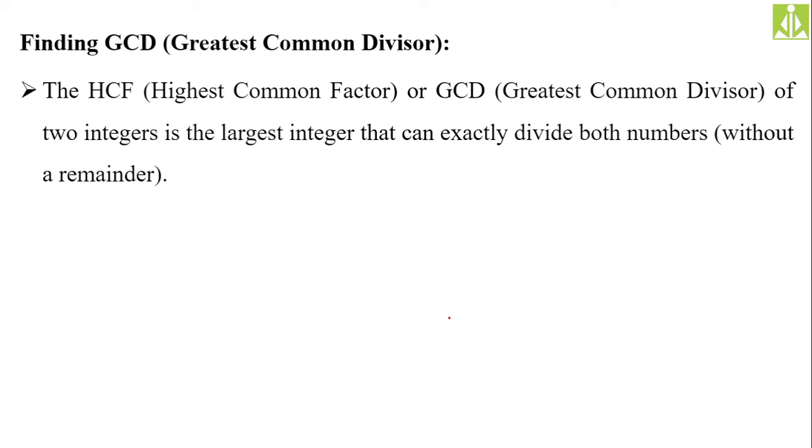I think in mathematics, to find the common factors or the highest common factor, we have done such problems at your elementary level, like 7th class, 8th class. At that time we found the highest common factor of given two numbers. So that, with the help of programming, we do now. The concept is the same, but with the help of coding we try to get the solution, because once you write the program code, you can apply it to any given integers.